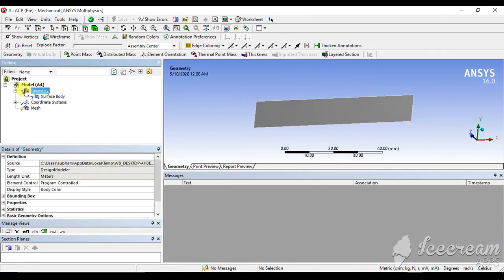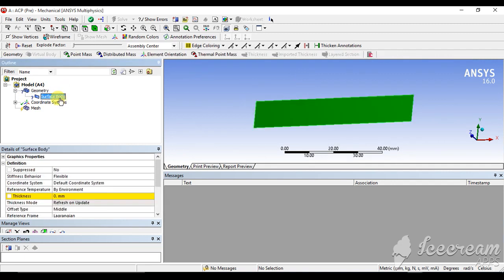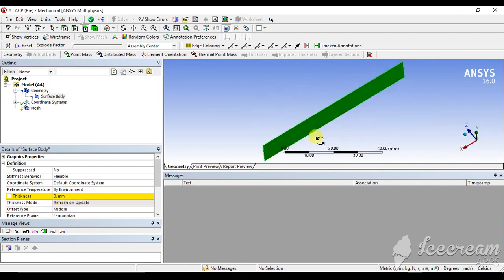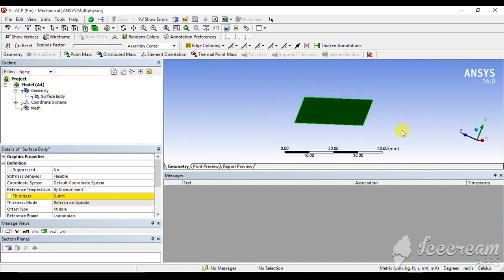Here the question mark is there, which means something is missing. What is that? It is the thickness. A thickness here does not mean very much, but they still need some thickness to generate the mesh. So just give a reference thickness that the laminate is supposed to have. I will give it as 2.5 mm.